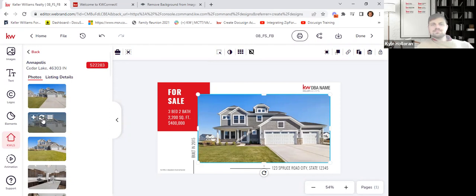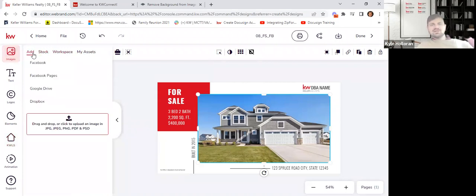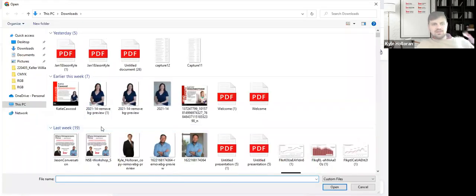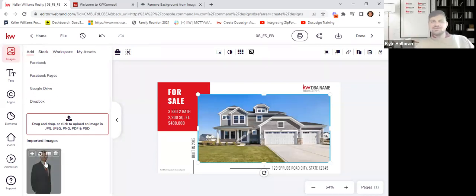Very cool. If it's not in the MLS yet, up here in the images tab, notice we have stock images, my assets. There's also an add button. This is where, if your photographer sends you photos and your listing is coming soon, and you're trying to get all your marketing done, you simply can upload that image right here. Let me just upload any sort of picture. Let me say it's this one right here, and I'll say upload. Notice that picture will upload, and now I can use it anywhere on my graphic. So this picture of me could be the picture of the house. Does that make sense?